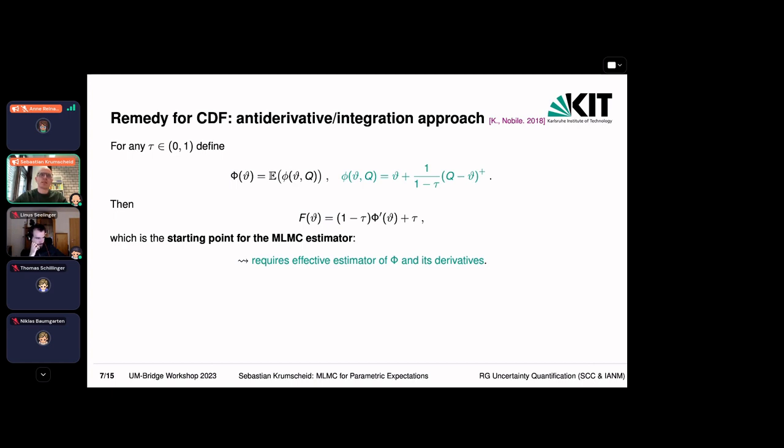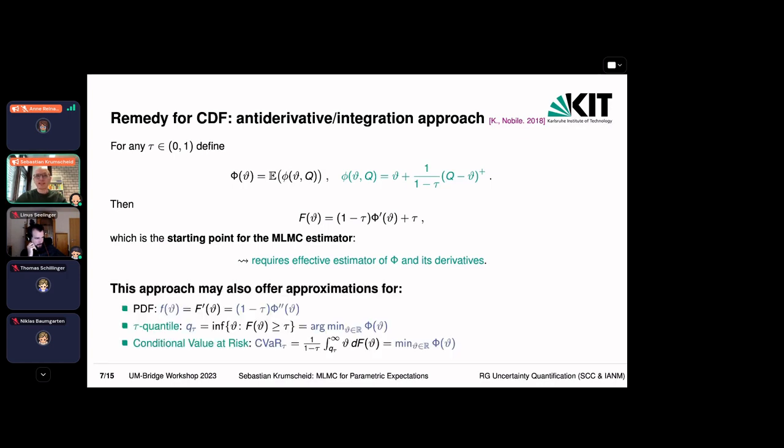There is some information in it, but I have to compute derivatives now. So in some sense, I now want to approximate phi and its derivatives, and then I can get something about the CDF. In fact, I can get even more. By using this function, I could also get an approximation of the PDF, the probability density function, by computing second derivatives. Optimizing this function gives me the quantile, so the point at which the function is minimized gives me the quantile, and the value attained at the minimizer is the so-called conditional value at risk. So this particular choice is extremely convenient to extract lots of